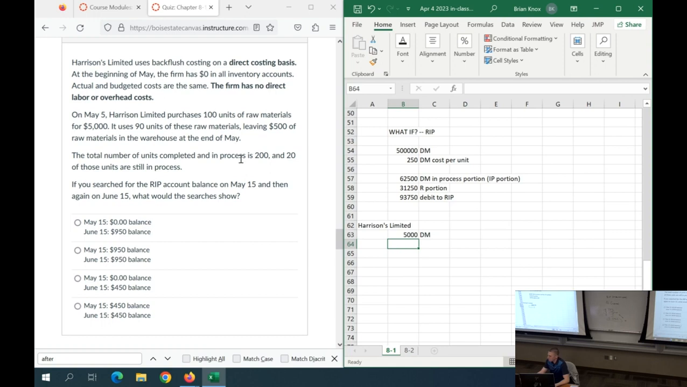$5,000 direct materials, and we have a total of 200 units. Total number of units completed and in process is 200. So I'm looking for the total number here, 200, because I need a rate to figure out how much I charge to the in-process units, the IP portion of the RIP. Divide, I've got 25 as the DM cost per unit. And we have 20 units in process. So this $500 would be the,